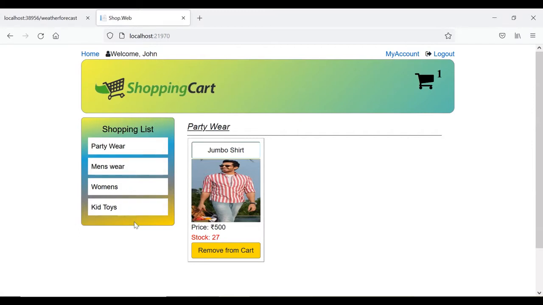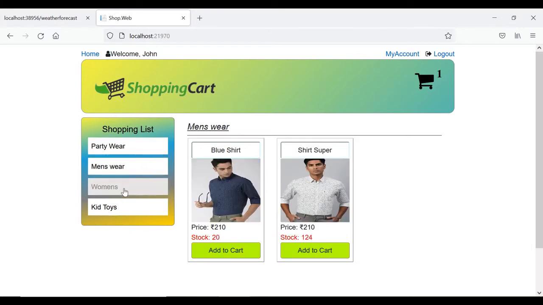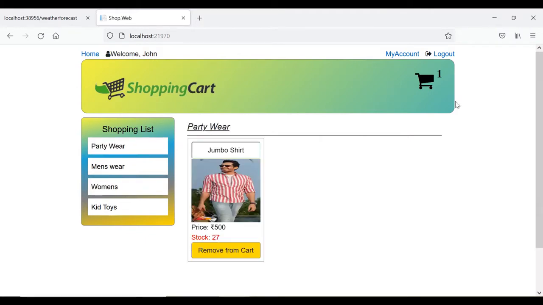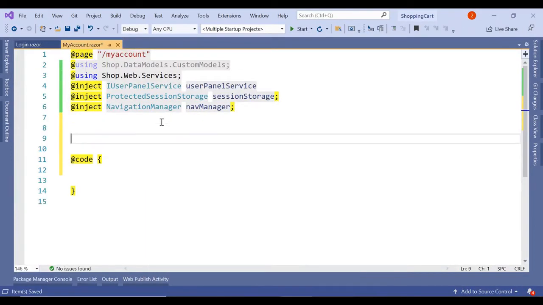We are going to use this vertical menu, and when user clicks on the menu we are going to show the respective details. For example, account, then change password, then we can have order history, like that. So it will be some tab structure. Okay, so let's create that.